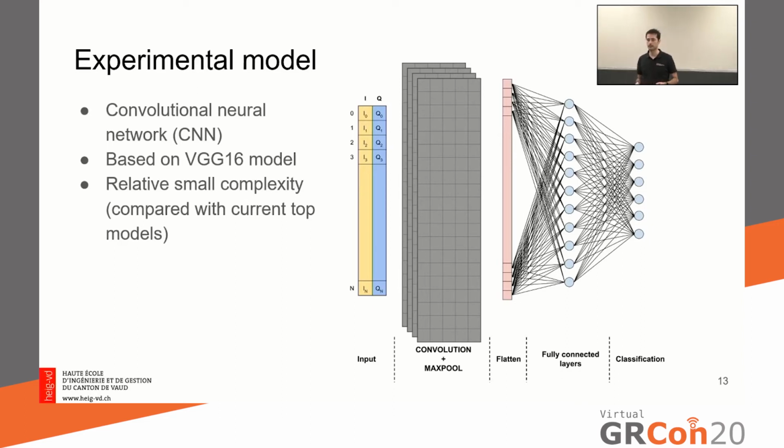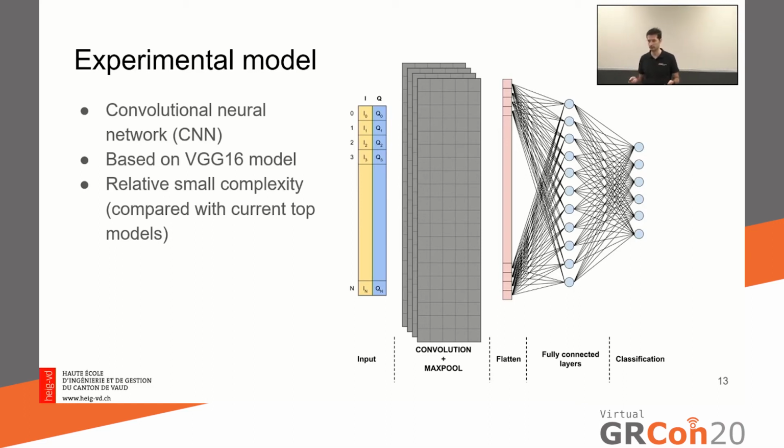As I said, this is a general diagram of the model, and it is a convolutional neural network. Basically, it has an input, and then usually it has a convolutional part, which can be understood as a feature extraction part. Then you flatten those features, and then you run a fully connected part in order to make the classification on the features extracted by the convolutional part.